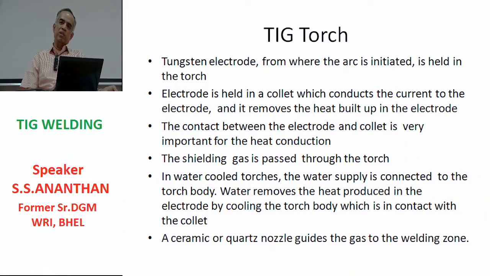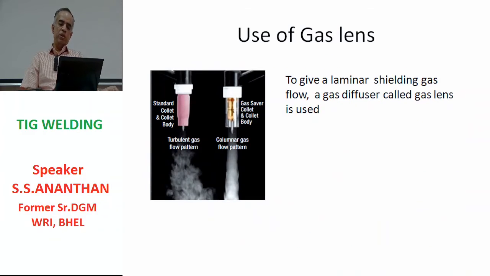It can even be a Pyrex nozzle instead of a ceramic nozzle when one wants to have a transparent view of the tungsten electrode as well as the other side of the electrode. So these are the types of nozzles, but essentially they are all ceramic in nature, highly thermal conductive but electrically non-conductive. Here in the picture you can see the role of a gas lens, which is nothing but a diffuser